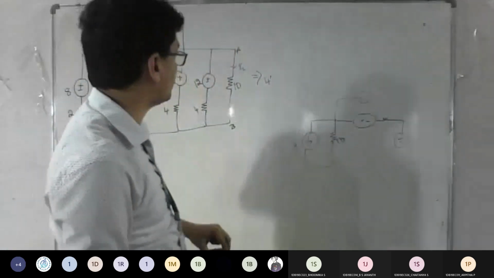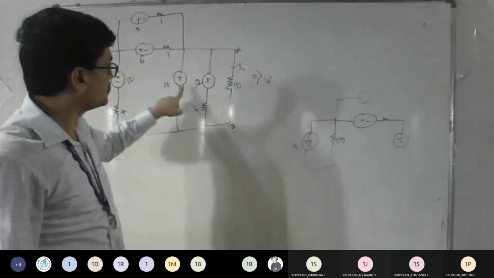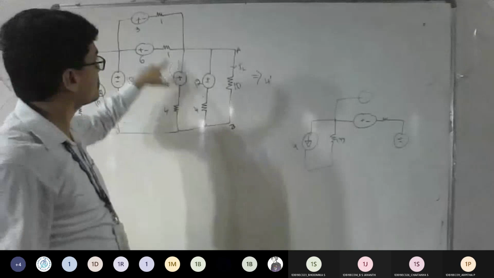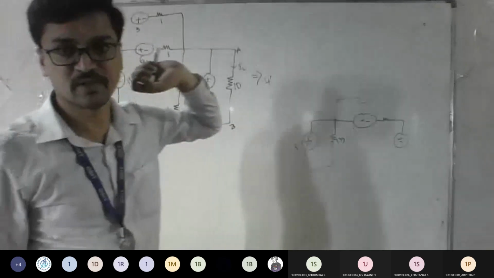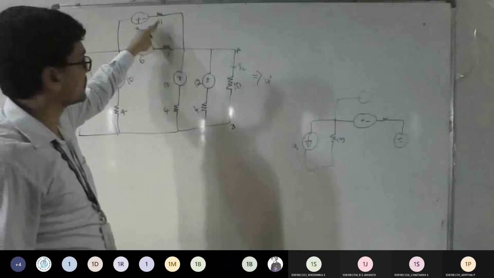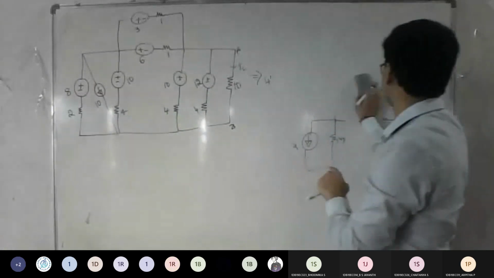Right? So now what is the next thing? I need to keep this 10 ohm as it is, right? What is the next part? So we can convert this to a practical current source, and this to a practical current source, and this also to a practical current source. Okay, so we'll do one by one. We have finished this part. So let me go with this now. Convert this to a practical current source. Both of that.